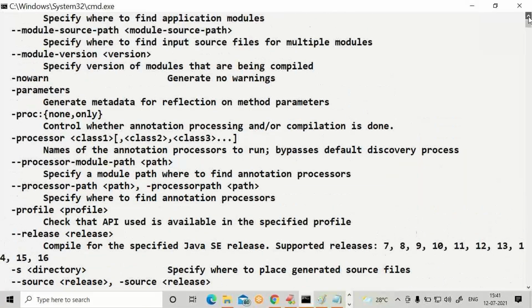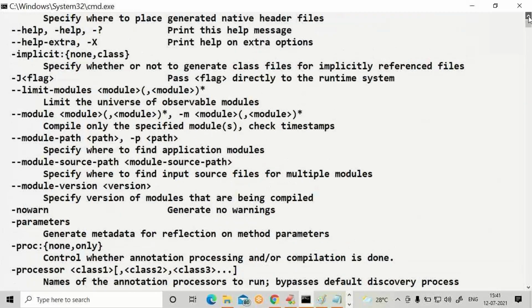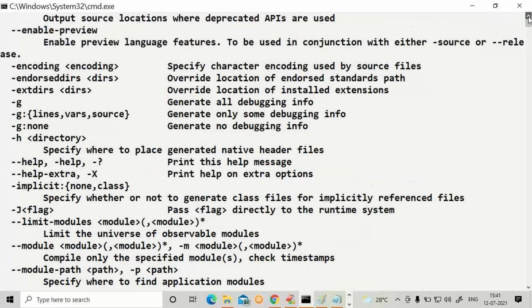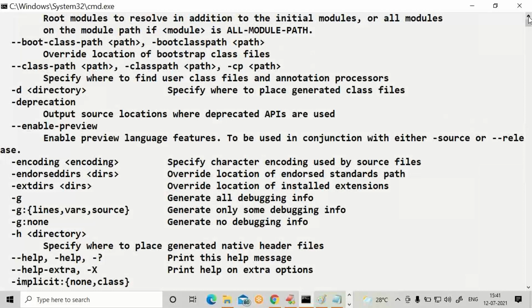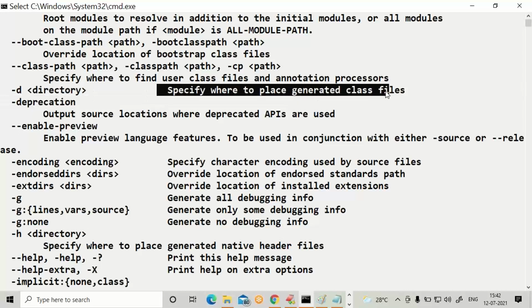Clearly specified: -d space directory name. This is the pattern you have to use.